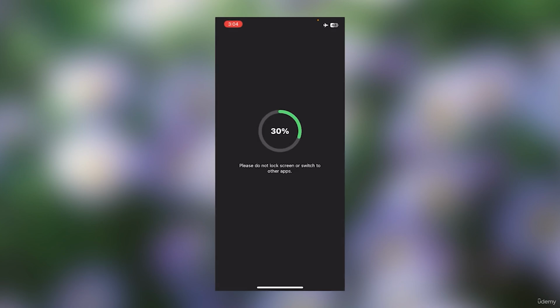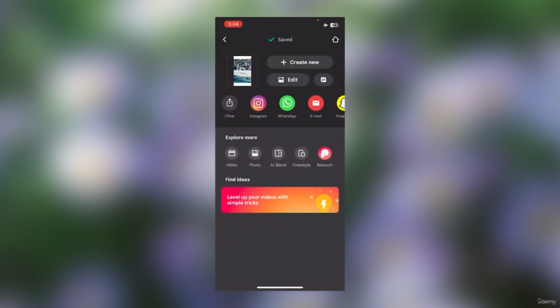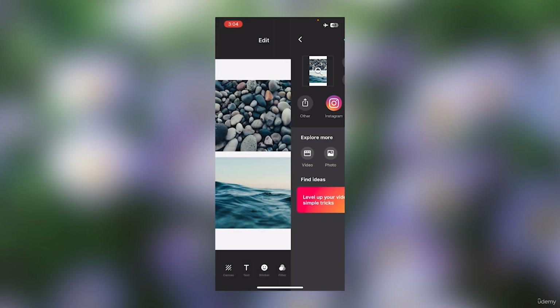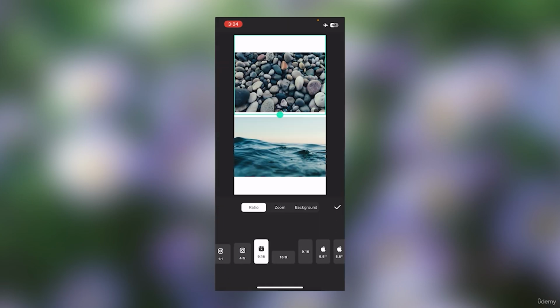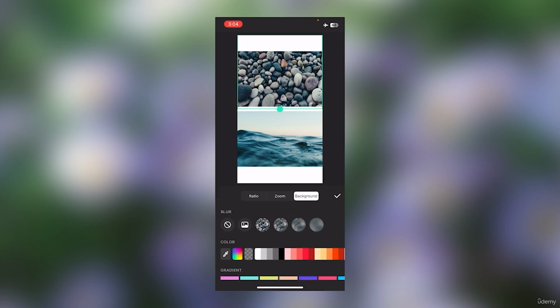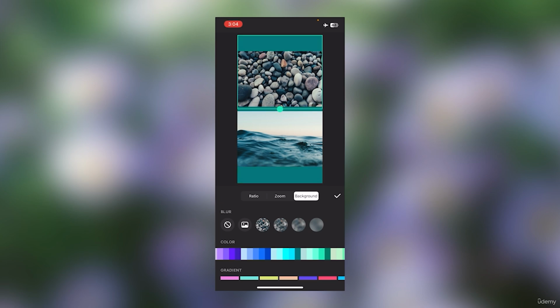If you click on the top right, this image will now be exported. Now you can change ratios, you can select the zoom level, you can also adjust the background. The background can be this image blurry, it looks nice for story purpose, and you can select any color that you want. Let's pick a shade of blue. Now again, I know I'm not doing a great job editing this, but